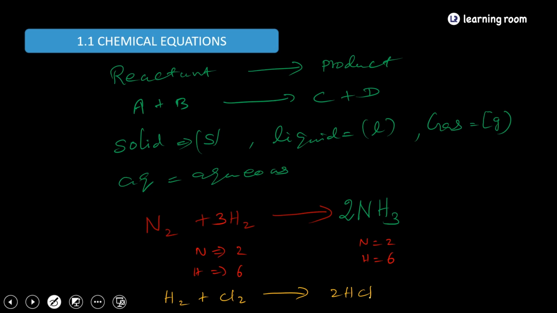So because it is 2 HCl, it is 2 into hydrogen 2. Chlorine I considered as 17 for now, so it will be 2 into 17. How did you consider chlorine as 17? It's 34, 35, no? Isn't it?